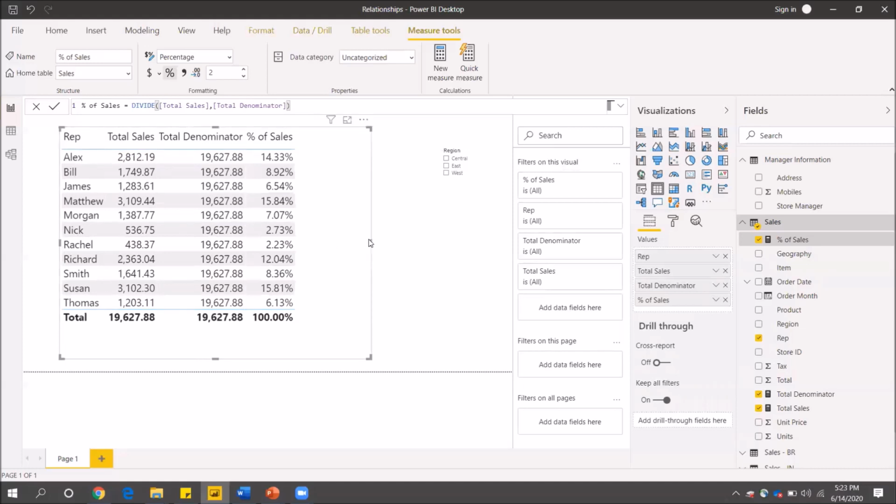So if you see, Alex, who made sales of 2,800 out of total sales of 19,627, this amounts to 14.33%. Similarly, for Bill, sales of 1,700 is equal to 8.92%, and likewise.